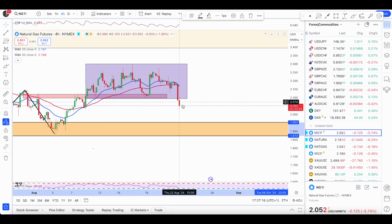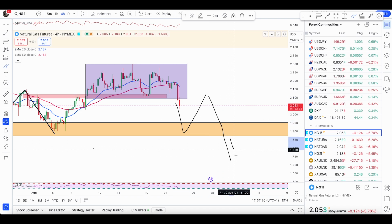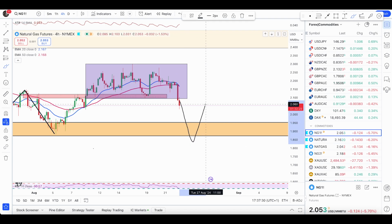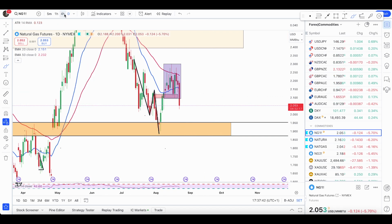I'm going to go through other platforms as well. This is a minor support from where we can expect some bounce, not a major bounce, but from minor zones we can expect some bounces and then continuation towards the downside. If we get a condition here, we can go for a little scalp and then exit, and look for the next entry confirmation. For now, I'm only looking for the bearish pullback entries, as price has broken below the 50 and 20 EMA